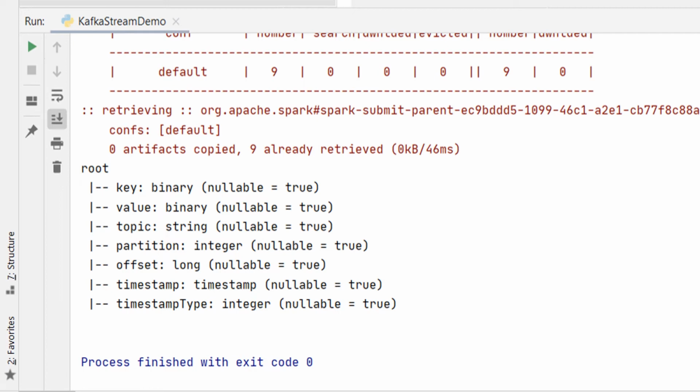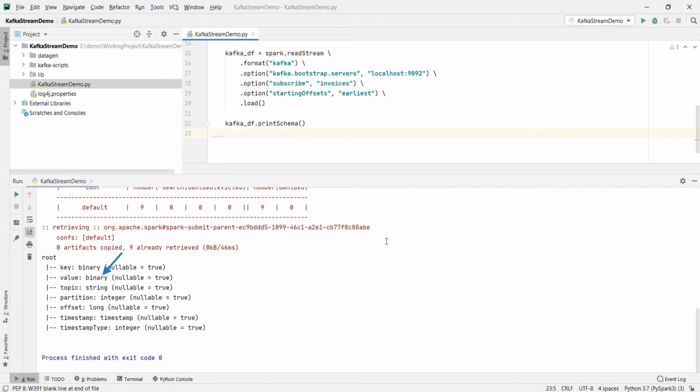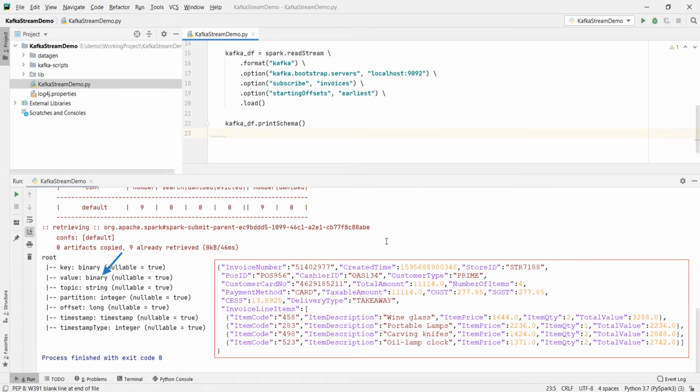However, I have a small problem. The value field is a binary type, and it is just a single field. Internally, it should contain a JSON data which looks something like this. This is one invoice. I can read it as a string by simply casting the value field to a string, right? However, I cannot apply a data frame transformation on this string unless I give it a proper schema. When I read the same invoice from a file, I could set the infer schema option, and the data frame that I got was a well-structured data frame with a meaningful schema. But in this Kafka data frame, I do not have a schema for my invoice. How do I fix it?